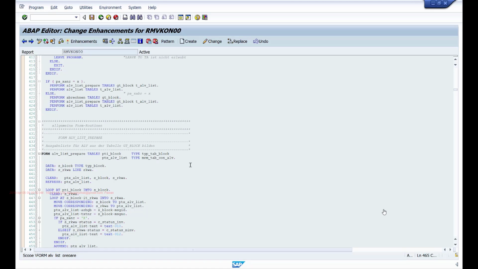If you are given 3 days time to work on one enhancement, then you'll be spending 2.5 days of your time only in finding the right enhancement and testing to make sure that that is the enhancement you should be implementing. And you just need half a day to implement it once you find it. But 80% of your time will go in just finding the suitable enhancement to achieve your customization. Okay, so that's about these enhancements.